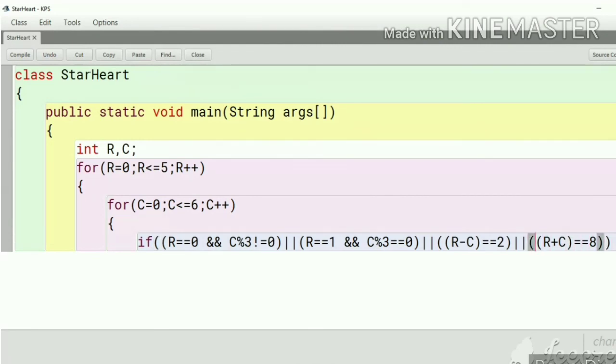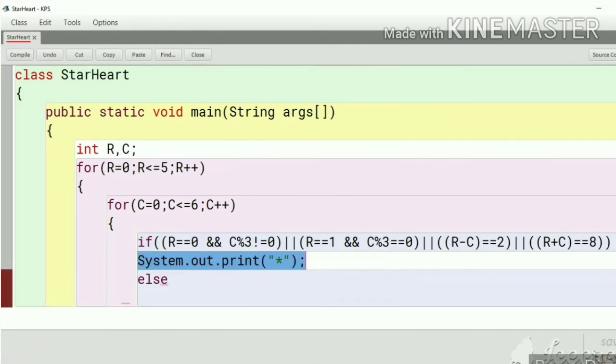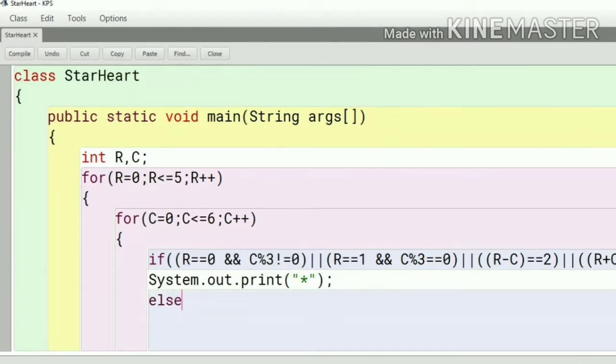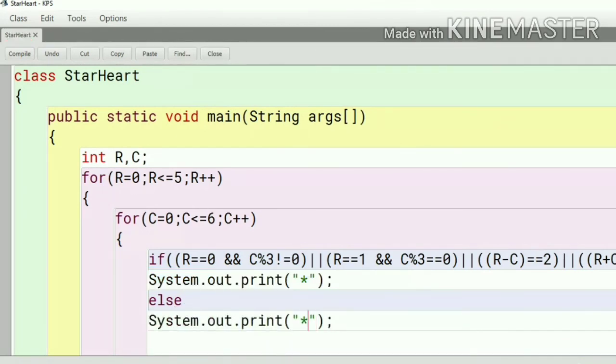So when it satisfies, at that time we have to print System.out.print, that is a star, in double quotes, as we have discussed. Else we have to print a blank: System.out.print with double quotes and a space.